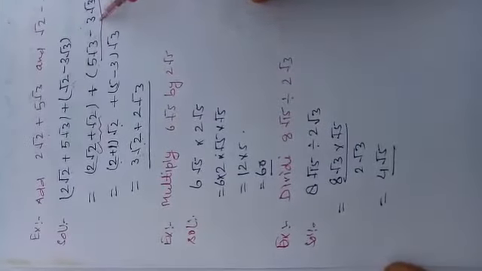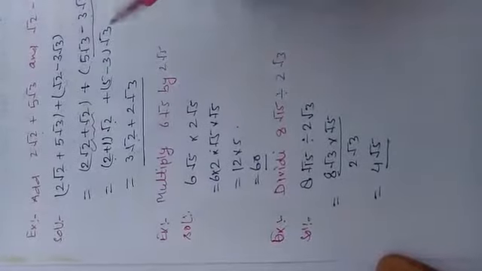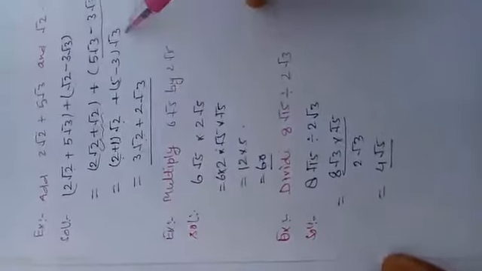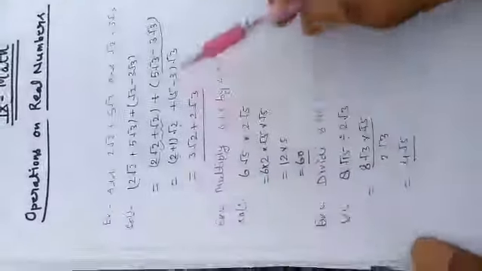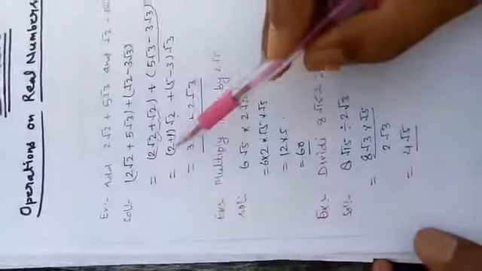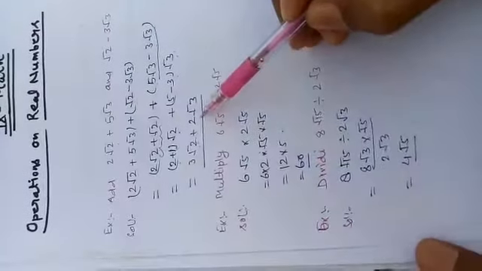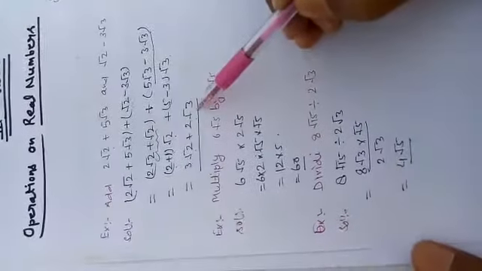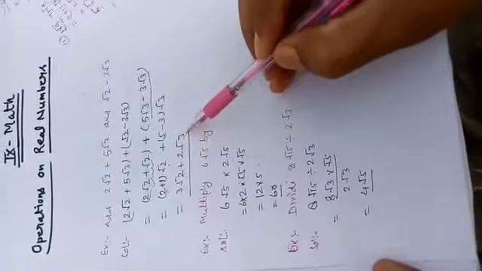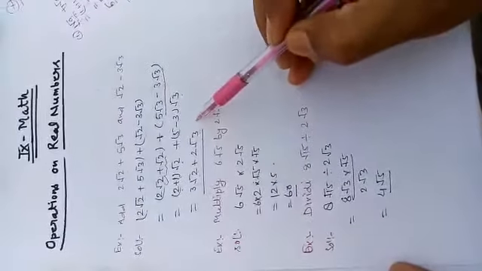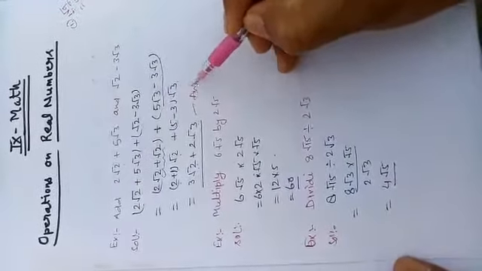So always according to the subtraction rule, here it will be subtracted. So 5 minus root 3 into 5 minus 3 into root 3. Now whatever the resultant we have: 2 plus 1, 3 root 2, and 5 minus 3, that is 2, and this one root 3. Now both are different, that means both surds are not the same, so we cannot add further. So this is our answer.